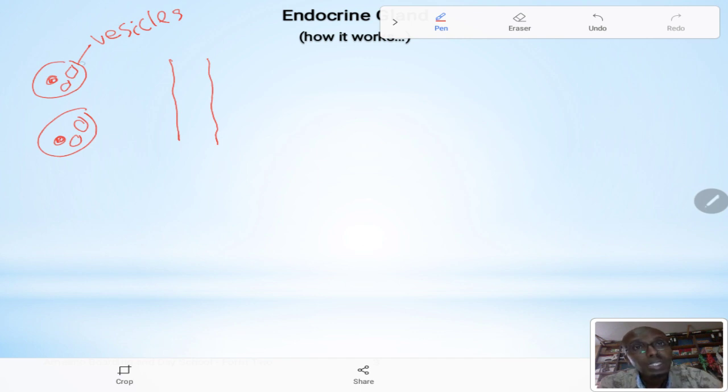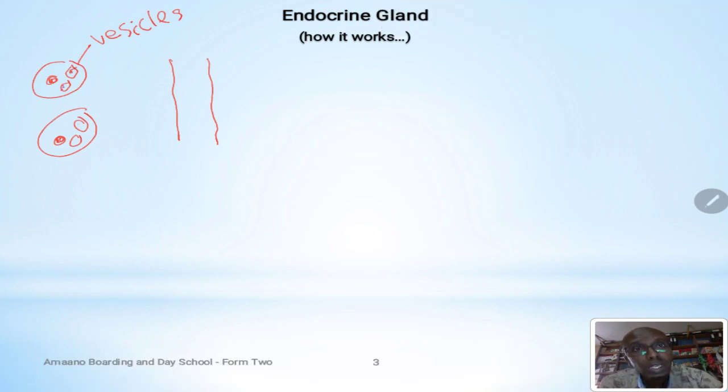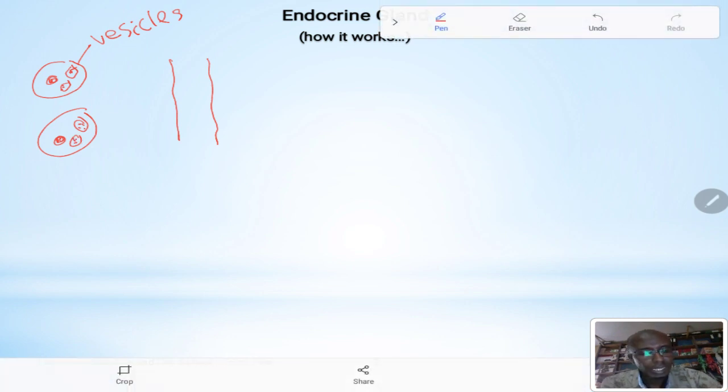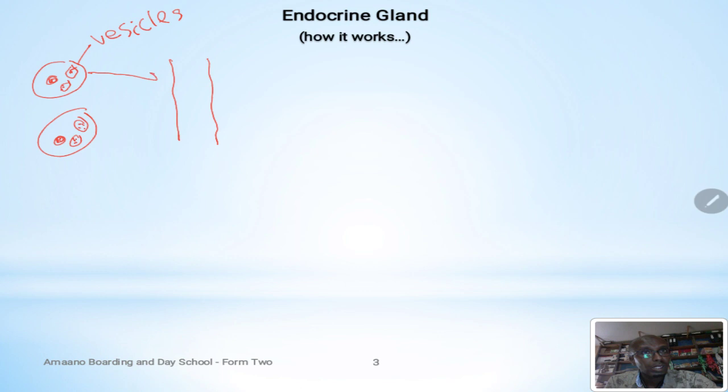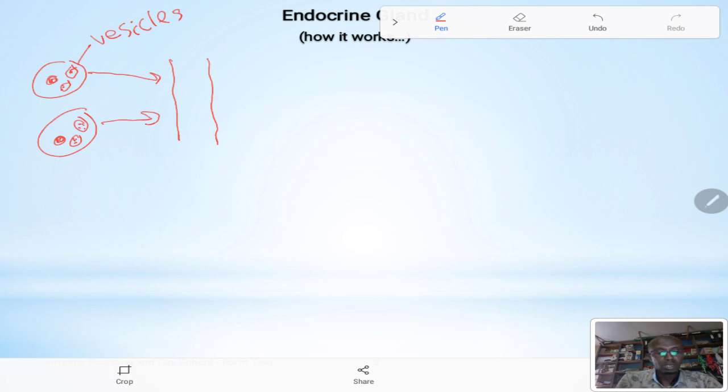is accumulated in the vesicles. And at the appropriate time, the vesicles will come to the surface of the cell and release the product. From there, the molecules circulate systematically through the blood